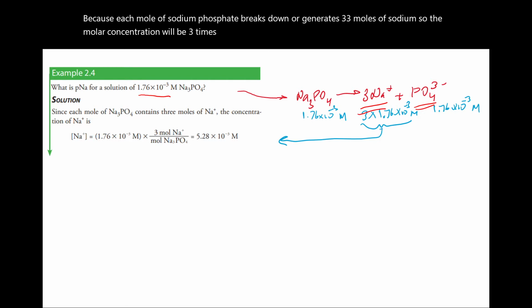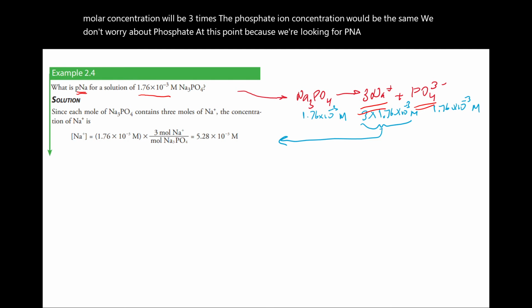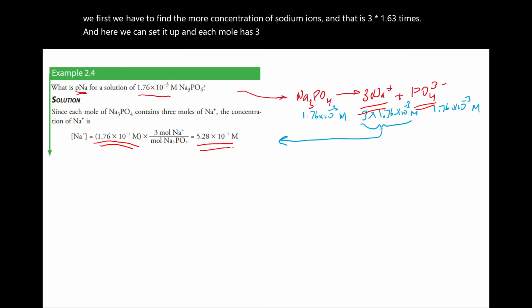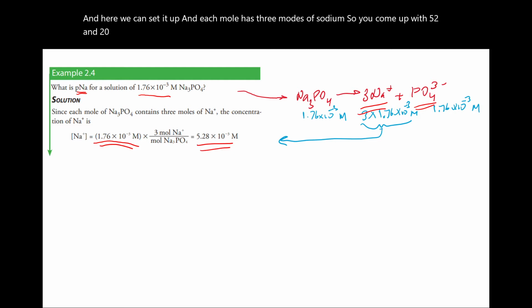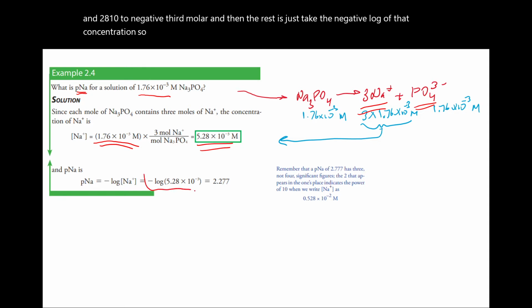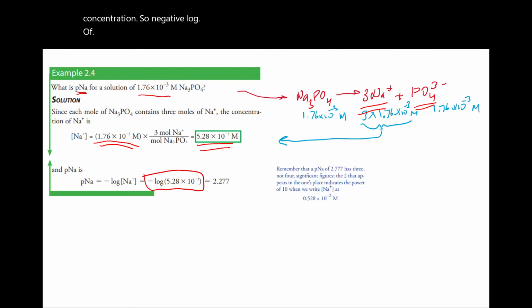The phosphate ion concentration will be the same. We don't worry about phosphate at this point because we're looking for PNa, and so first we have to find the molar concentration of sodium ions, and that is 3 times 1.6. Each mole has 3 moles of sodium, so you come up with 5.28 times 10 to the negative third molar, and the rest is just take the negative log of that concentration. So the negative log of 5.28 times 10 to the negative third, and using your calculator you come up with